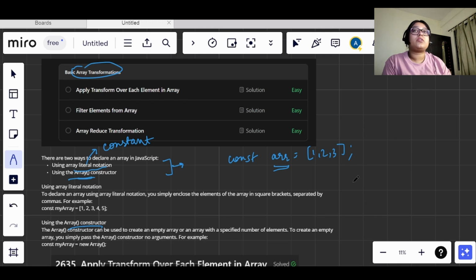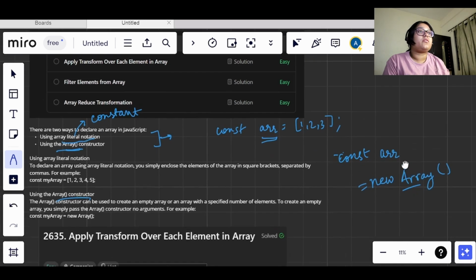So if we have, let's say, const array, we use new Array. This is how we basically declare an array using the constructor. Now this is an empty array.